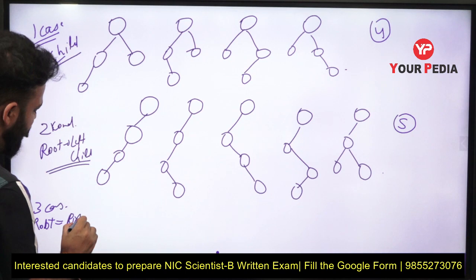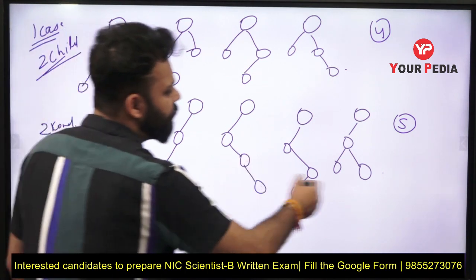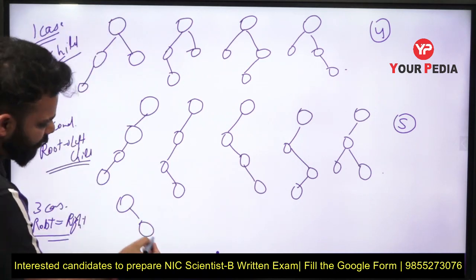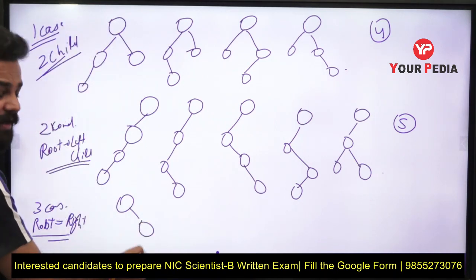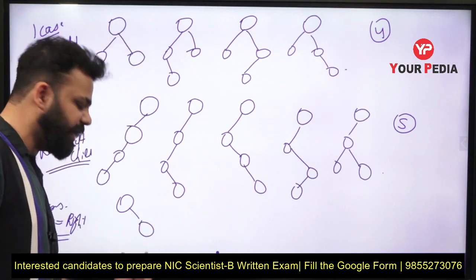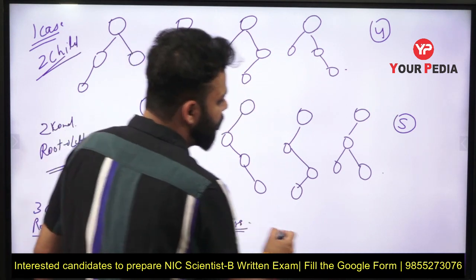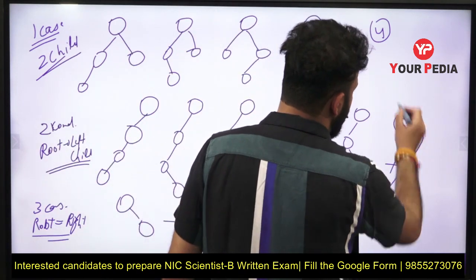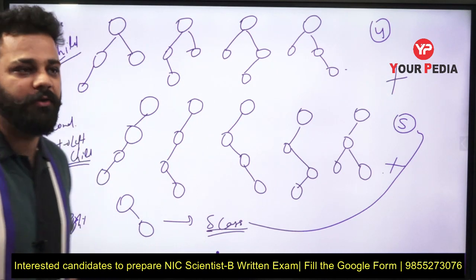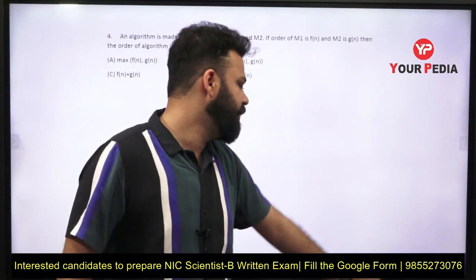right child. So when root node is having right child only, the remaining number of cases will be similar to this one. You will put 2 here, then left right, then you will put the left child here, then again left right, and then 2 children for this one. So this will also give you 5 cases. So total number of cases will be 5 for this one plus 5 plus 4. So it will be 14. You can also calculate this by using brute force, or you can directly apply the method.